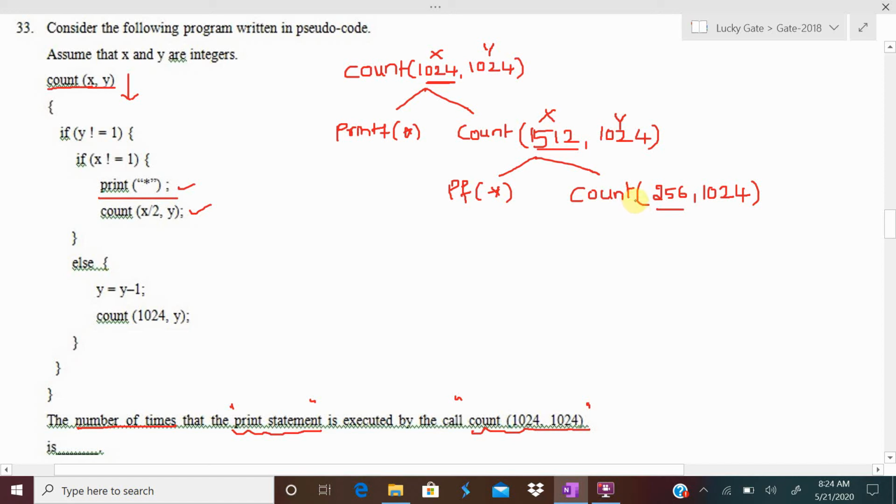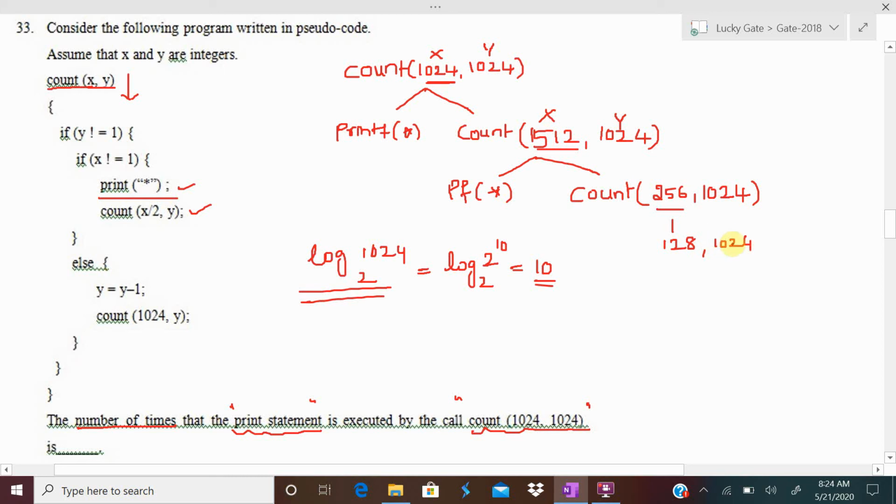So it is similar to a binary search algorithm, so how many times is this count going to be called? Log 1024 base 2 times. What is log 1024? This is log 2 power 10 base 2. It means that this count is called when x is 1024, 512, 256 and so on until it becomes 1. Until it becomes 1, it is going to repeat for 10 times. Next time 256 goes to 128. Again count is called with 128,